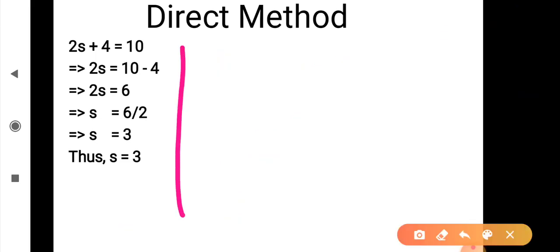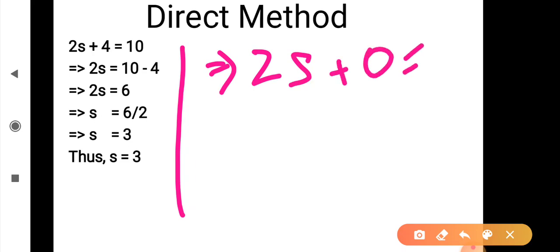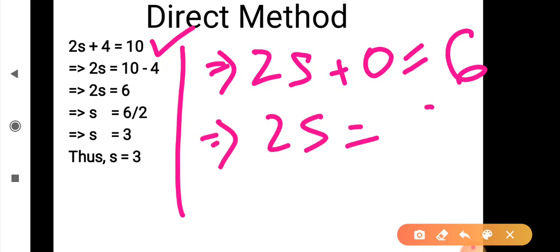We are going to get twice s. So plus 4 minus 4 will turn to be 0. You need not write it down, or if you want you can write it here as well. Equal to, remember, if we are adding something on the left hand side, we need to add it on the right hand side. So minus 4 was on the left hand side, therefore minus 4 needs to be there on the right hand side as well. And we already have a 10 on the right hand side, right? So 10 minus 4 has given us 6. Now this has become twice s equals 6.